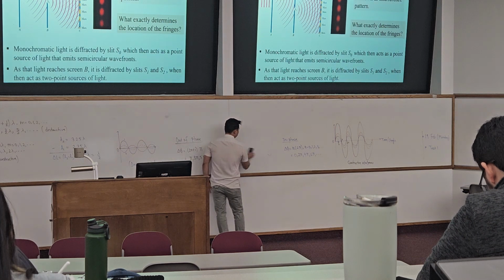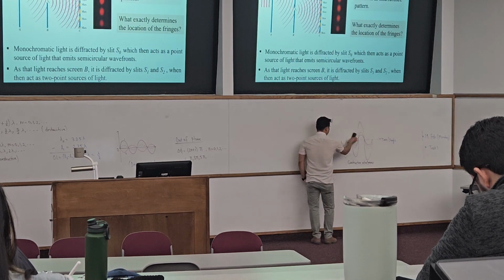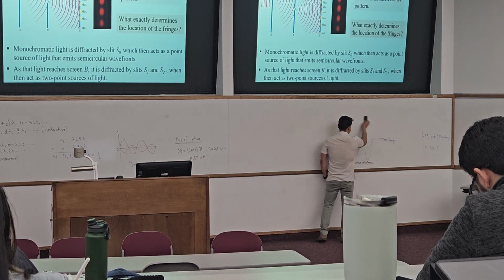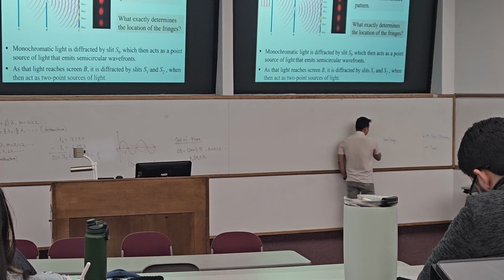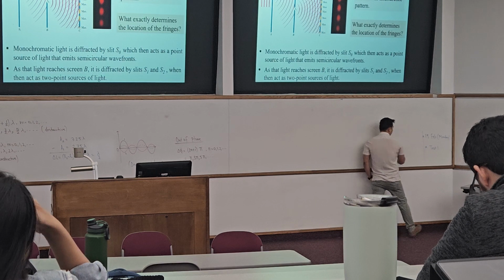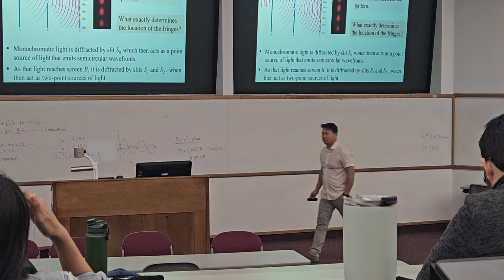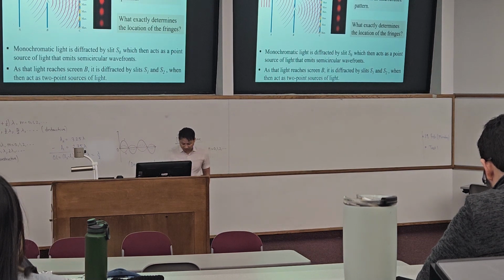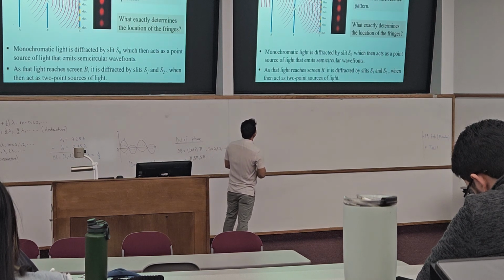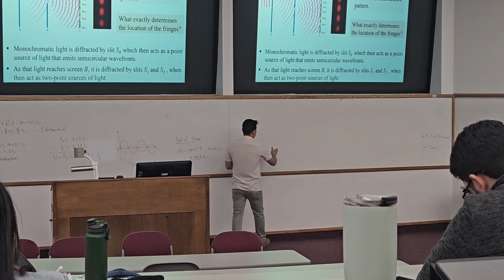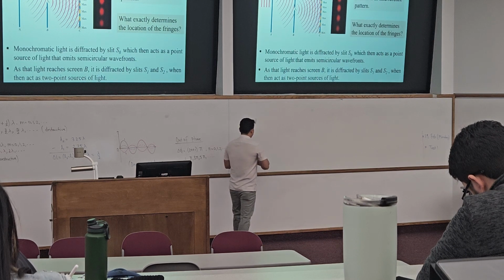Let's take a look over here. What is the Young's double slit experiment? Thomas Young did this in the 18th century. It's a long time ago, and I'm really surprised that even at that time, he came up with such a brilliant idea to show that light is a wave. This one is a little bit simple, but at that time it was so important.